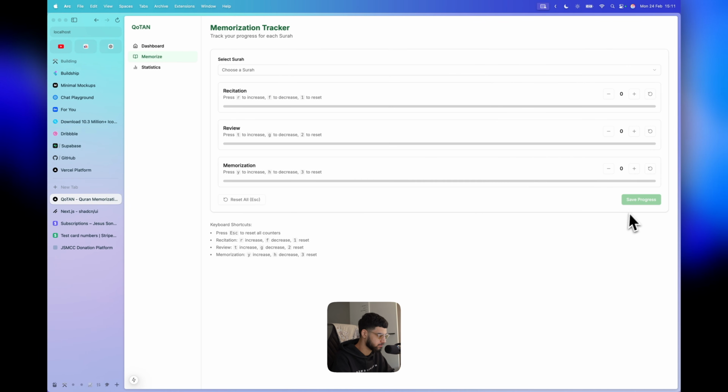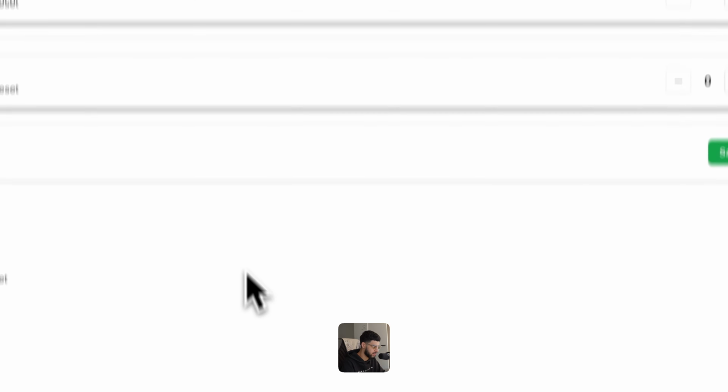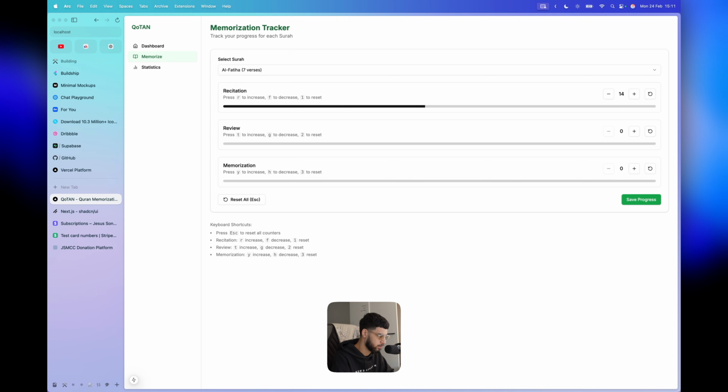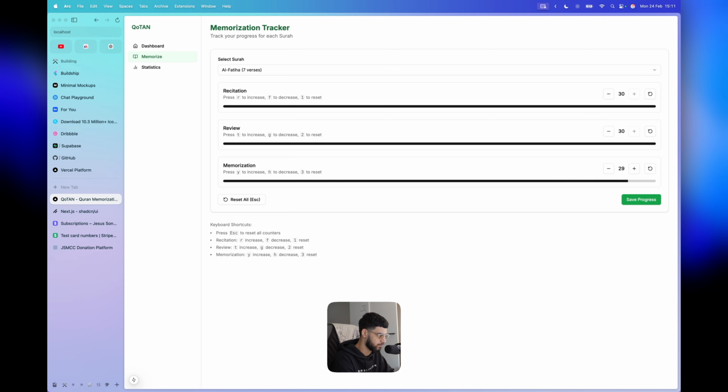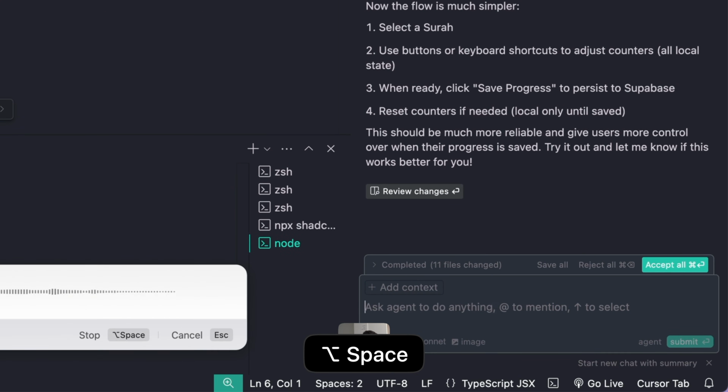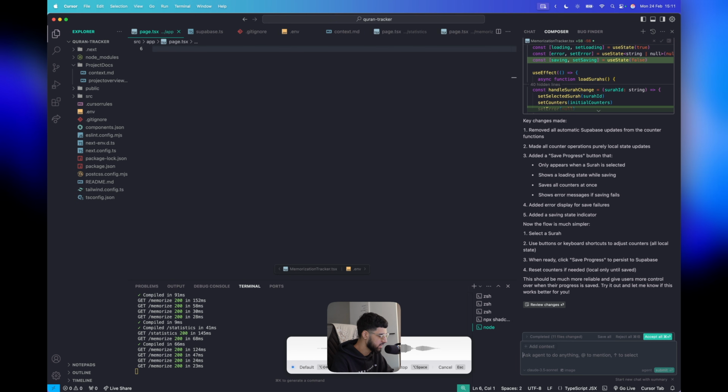Okay, cool. So we've now got a save progress button. So we can go to Al-Fatiha. That works fine. This increases perfectly fine. Oh no, we made a mistake. Reset. Fine. Okay, let's just increase it all the way. And then we've reviewed it. Okay, I can hold it, which is nice. And then I've memorized it. Right, I hit save. Okay, we get an error, fine. Okay, this is good progress, but when I've completely memorized it and I press the save progress button, I get the error.